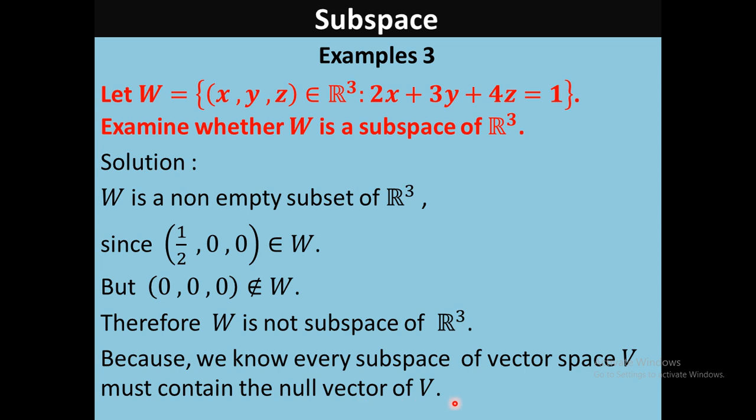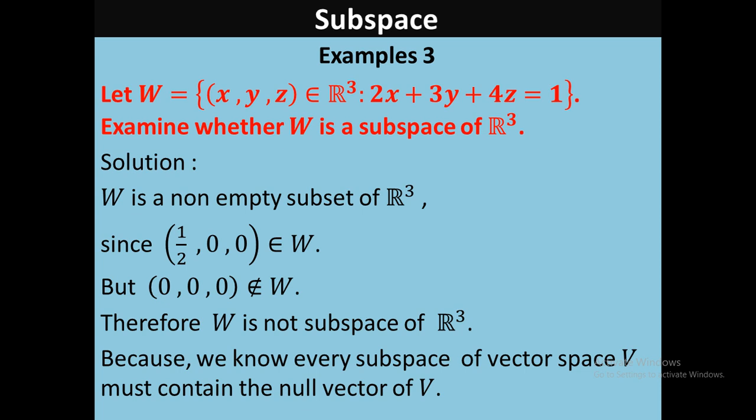Okay. So when I suggest you check non-emptiness, you check whether the set is non-empty by 0 0 0, because if 0 0 0 does not belong to W, then you can conclude that it is not a subspace. If it is in W, then it is non-empty, and then you have to calculate the remaining portion, further calculations. Okay.